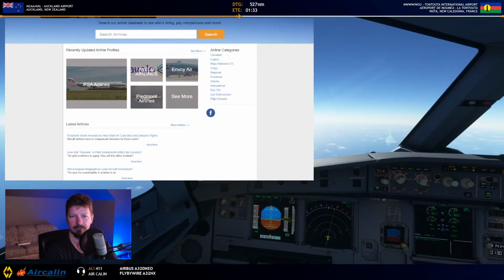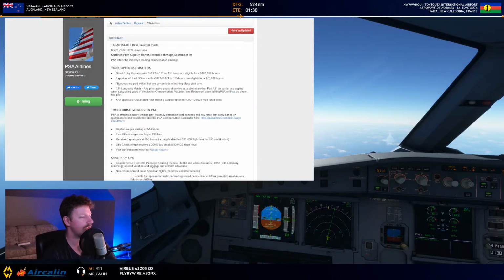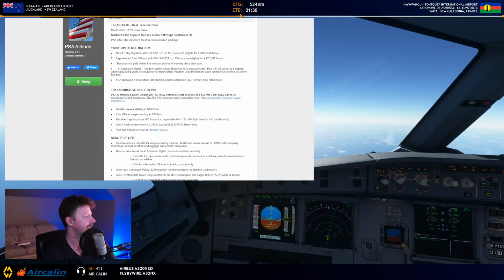If I can pull this up. Alright, so this is AirlinePilotCentral.com. So if you're ever interested to see what pilots make at different airlines and stuff. Well, let's go with a regional. Let's go with PSA Airlines. I haven't looked at PSA. So it gives you all this information about